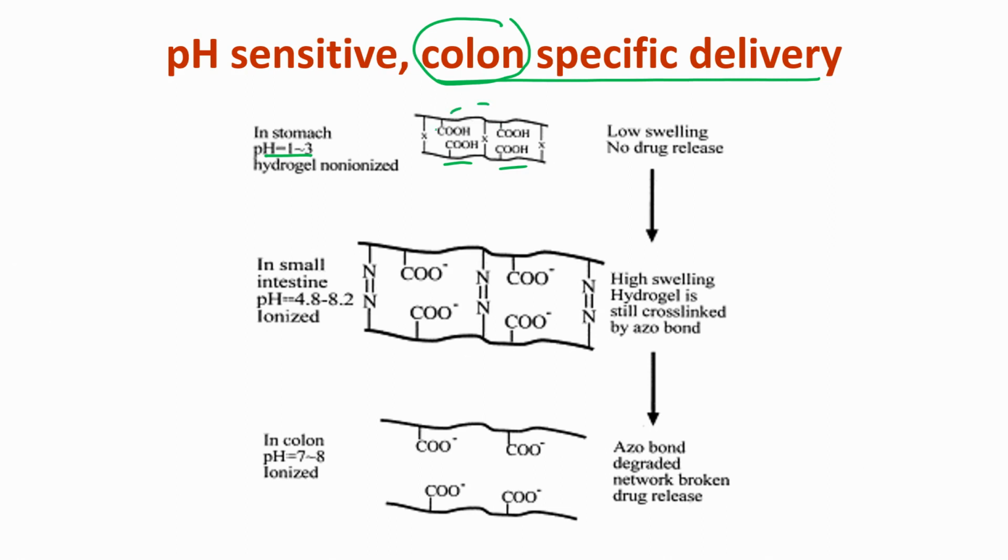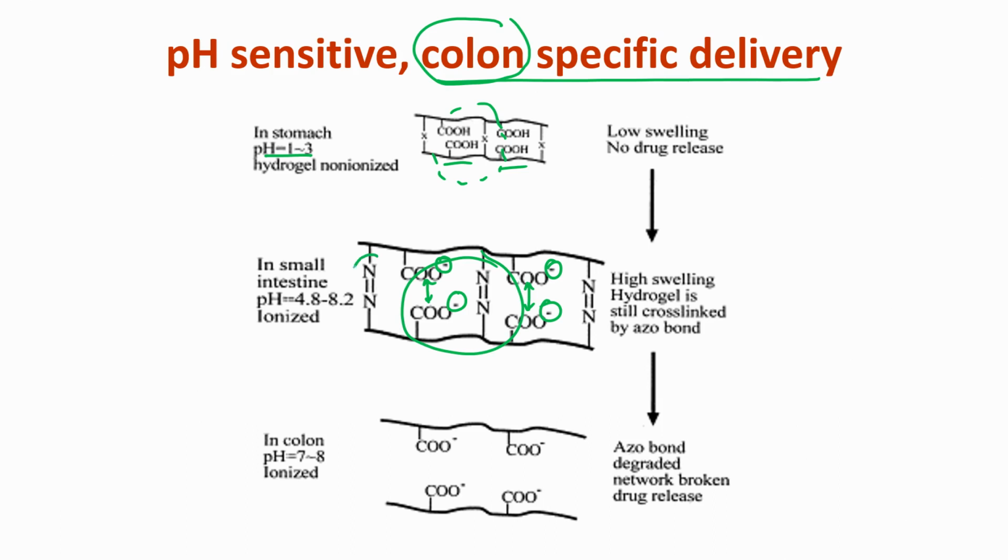So, maybe your drug is quite big, maybe this is the drug and it can't really diffuse out. But as the pH increases, the carboxyl groups become deprotonated because of this ionic interaction also. So, this is a repelling force now that will happen, the electrostatic repulsion. This will increase the pore size, and so now maybe your drug molecule can come out. So, if you want to deliver to the small intestine, this might be enough, but what further can be done is